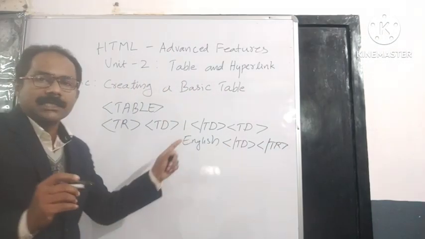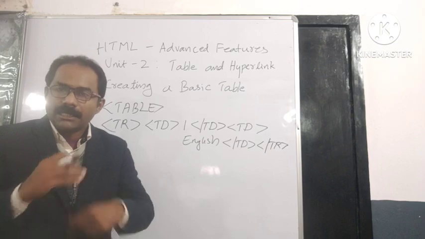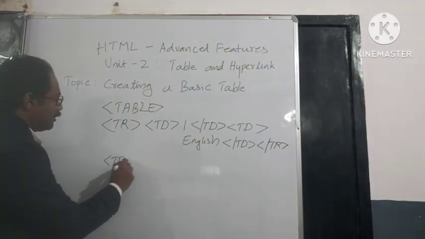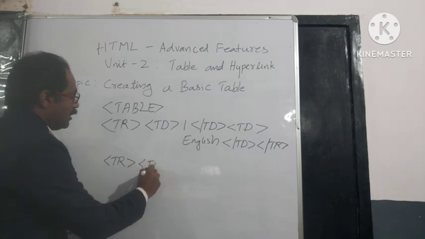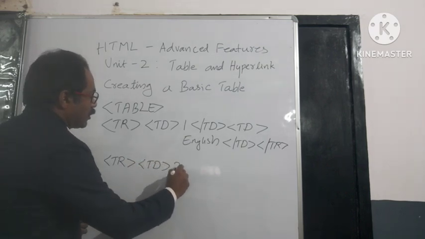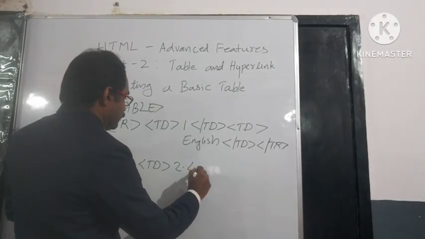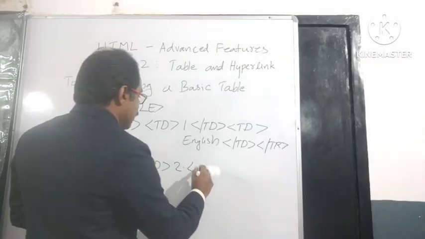And now one row is created only. See, only one row is created. The same way, for the next row we also have to create it with another tr tag. Again the tr tag, and here give the td and serial number 2 and give another subject name. Okay, so td 2, again slash td.